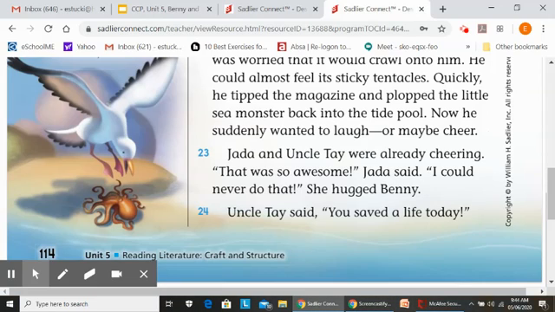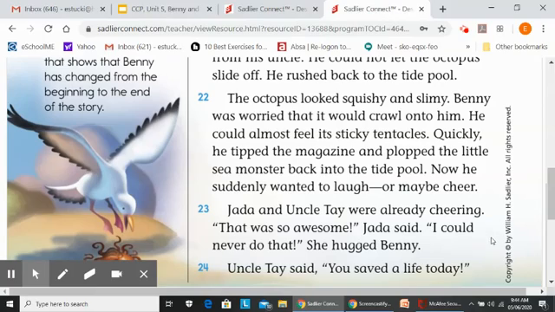Right. So that is our little story, and it's awesome. I hope it made sense to you and that you can tell where was the beginning, where was the middle, and how does this end. It always ends with a closure where you will have feelings involved. Okay, so here we can see all the feelings. They are happy, they are cheering. Jada gives him a hug. She tells him that was so awesome. And Uncle Tay says, and this is the whole thing, to him, saving a life was more important than being scared.